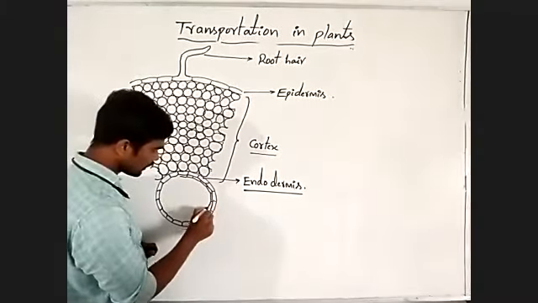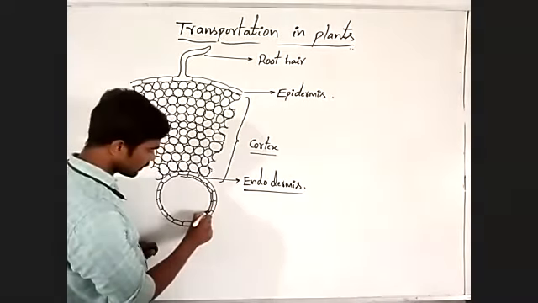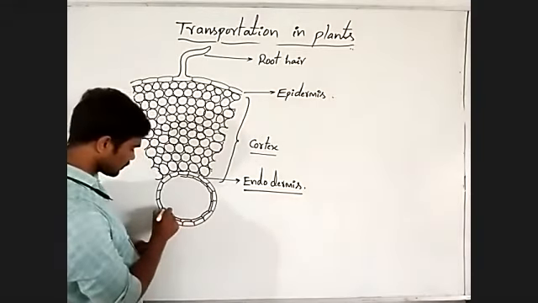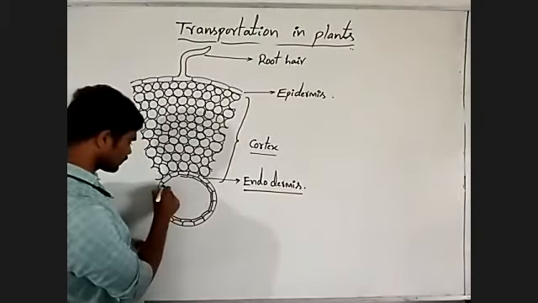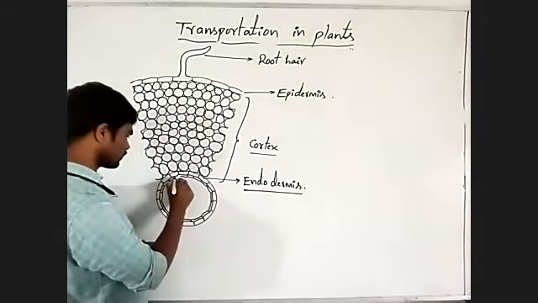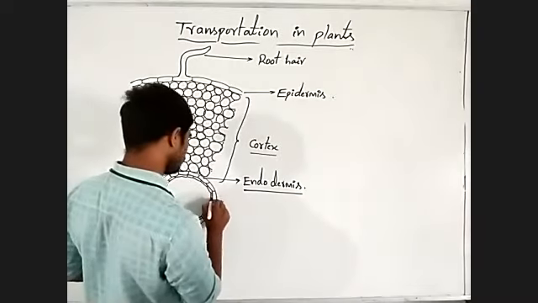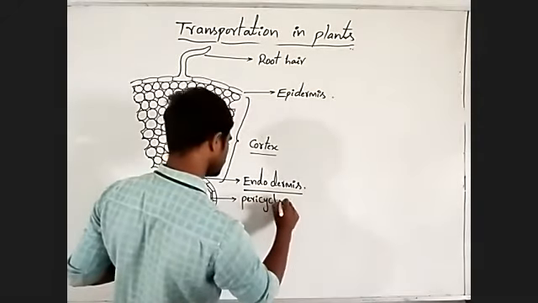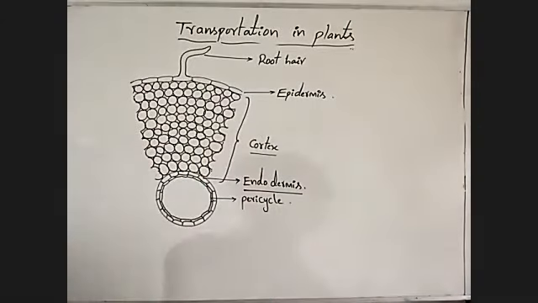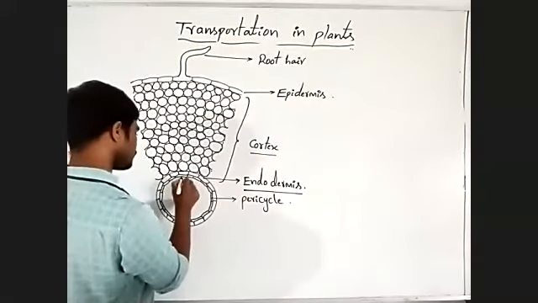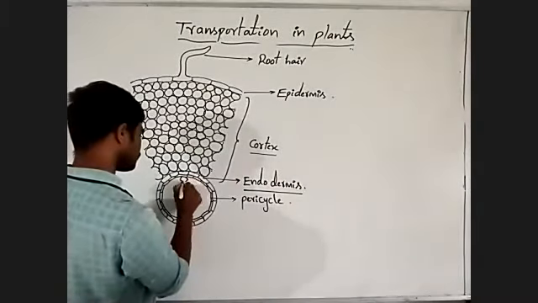After the endodermis, we can observe another single-cell thick layer. It is called the pericycle. Next, on the inner side, you can observe here